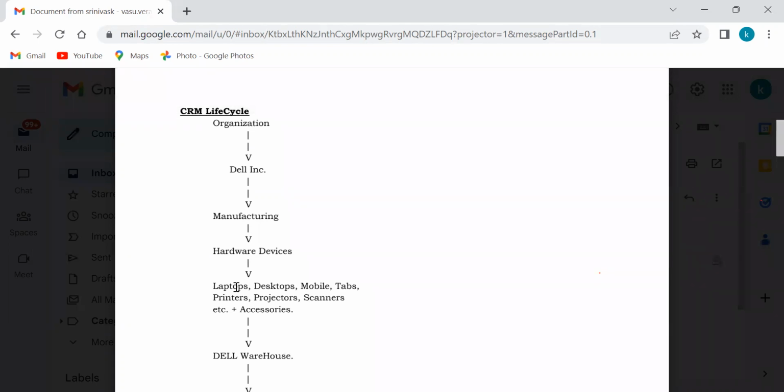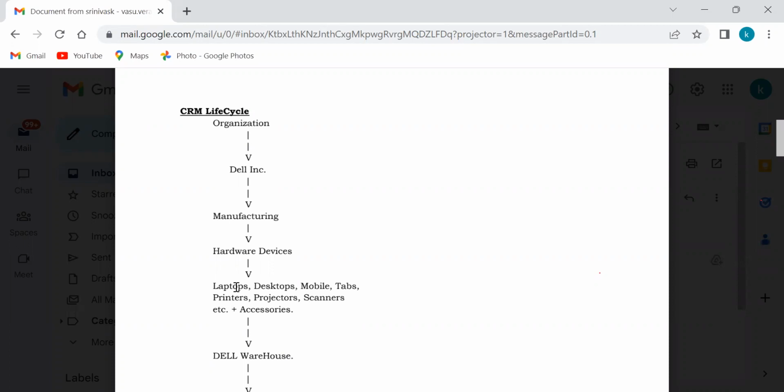Is Dell going to manufacture all these subcomponents also? No. They are going to have tie-ups with some vendors in order to get the various subcomponents